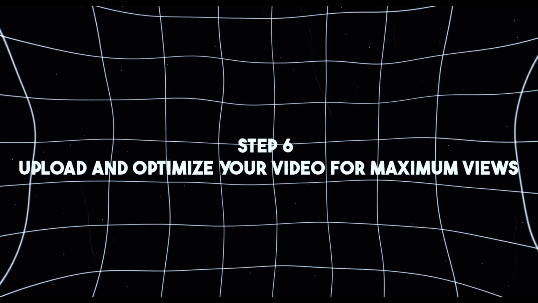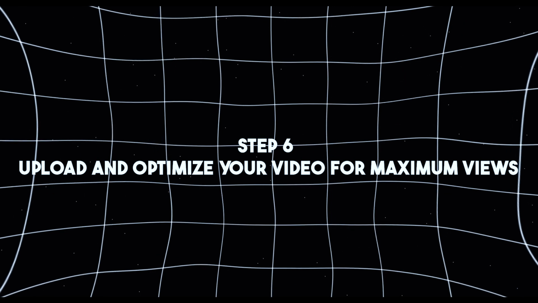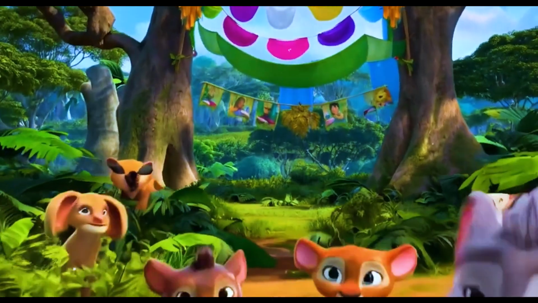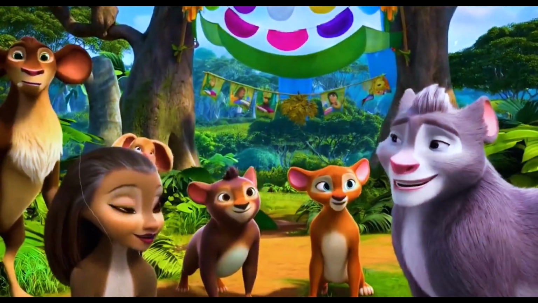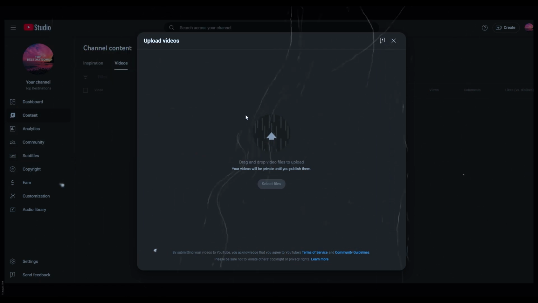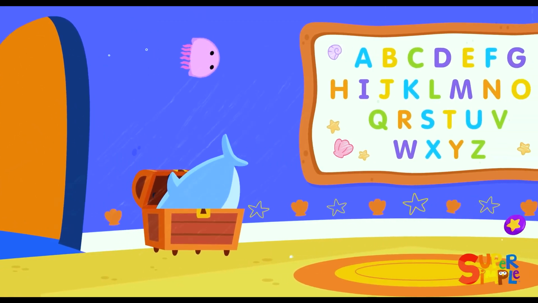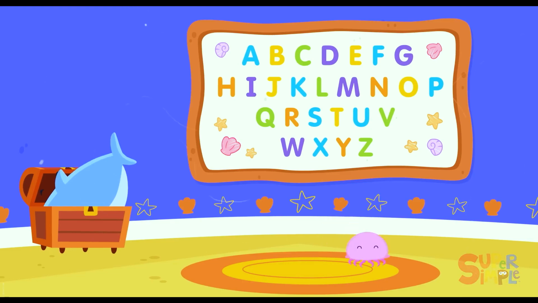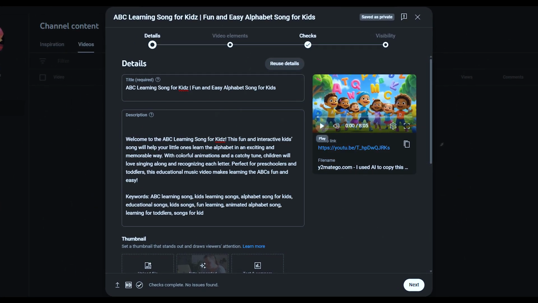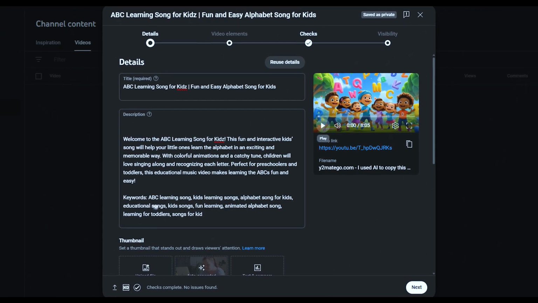Step 6. Upload and optimize your video for maximum views. Once your video is ready, it's time to upload it to YouTube and optimize it for the best reach. Start by going to YouTube Studio and clicking Upload Video. Choose a compelling title, such as Fun Alphabet Song for Kids, Learn ABCs with Music, to attract viewers. In the description, include relevant keywords like kids learning songs, alphabet song, educational music,